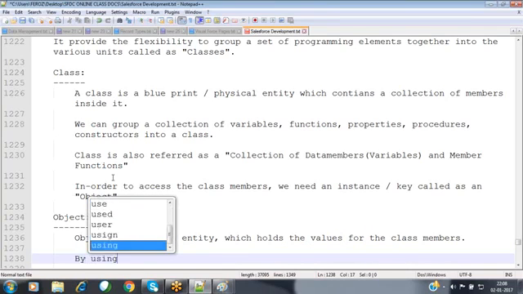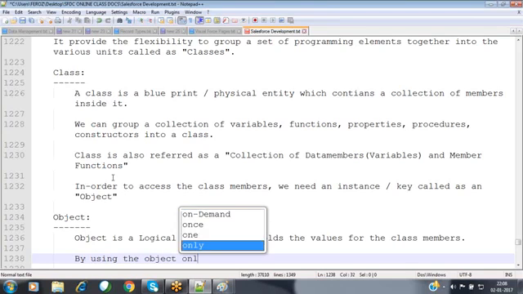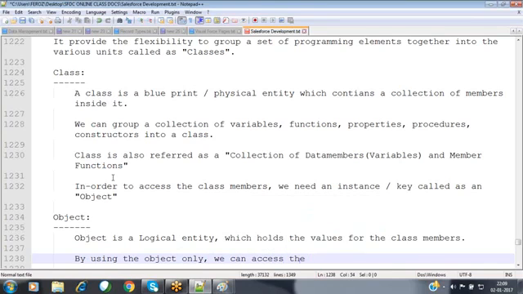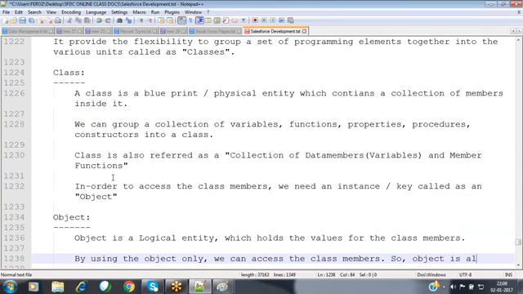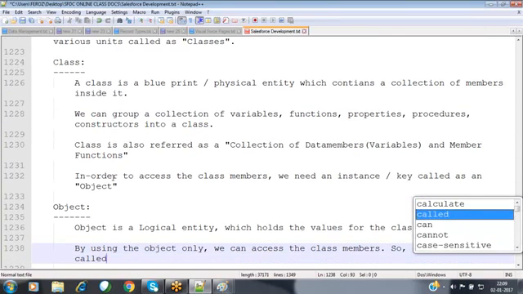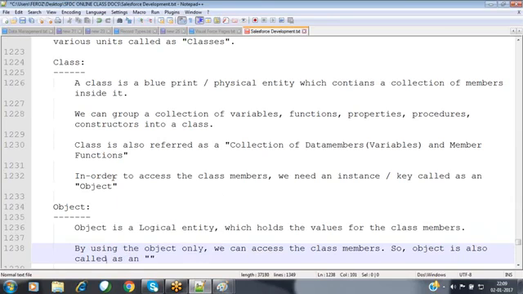Now, by using the object only, we can access the class members. So an object is also called an instance of a class.